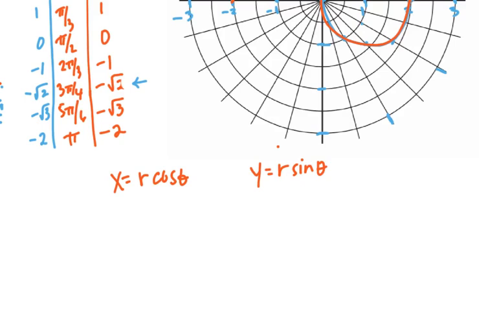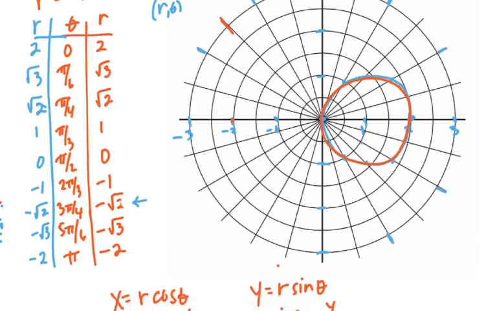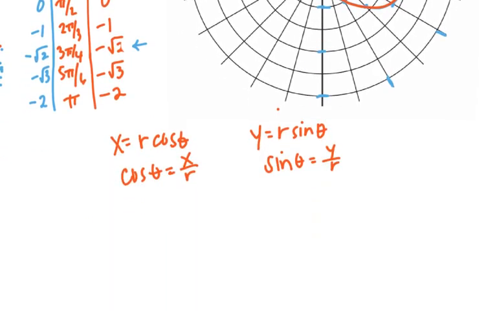We want to change them to Cartesian, so we're going to say cosine of theta equals x over r, and sine of theta equals y over r. So when we take our given equation of r equals 2 cosine theta,